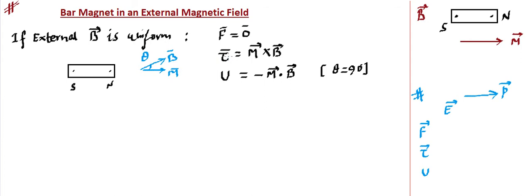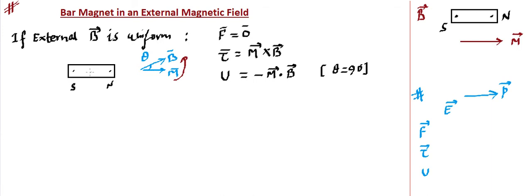Again, the direction of torque, you can think of what the magnetic field is going to do. It's going to rotate this dipole or bar magnet in the direction of itself. So that means you will find it is going to experience a torque like this. That means this is going to reorient itself in the direction of the magnetic field. So it's going to rotate like this. So the bar magnet will rotate in such a way that it will try to align in the direction of the magnetic field, and that direction can also be calculated by using M cross B or using the right hand rule.